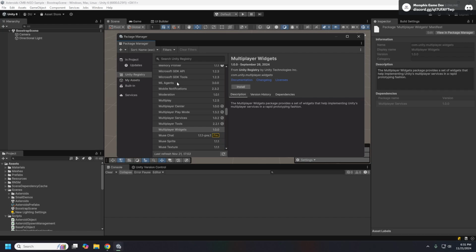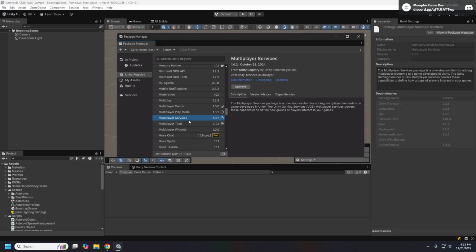Okay, so in order to use Distributed Authority, you will need to have the Multiplayer Services package. This package will combine your relay, matchmaker, server hosting, lobby, and distributed authority all into one API that you can use, called sessions now.